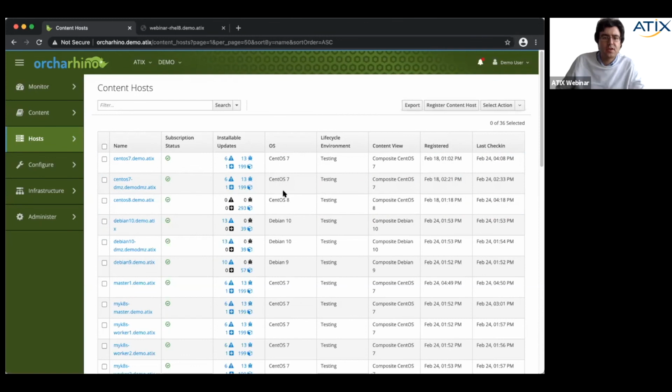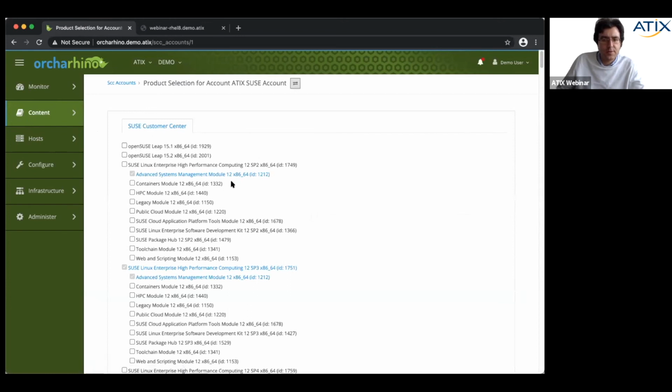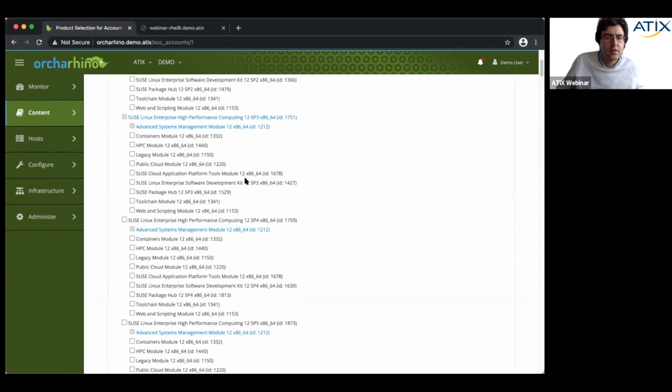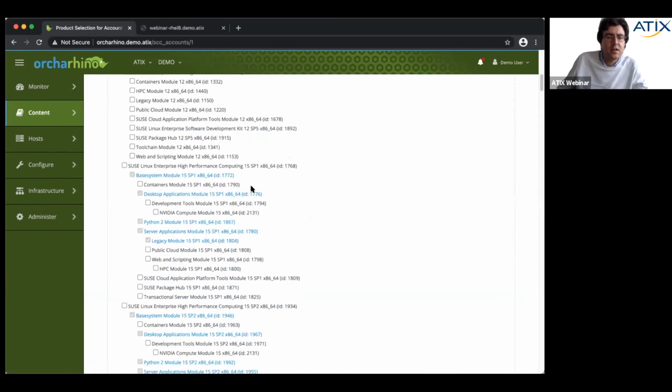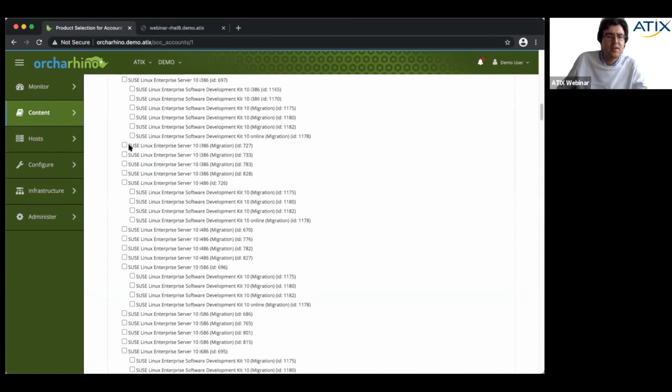Is it able to manage repositories for old versions? My colleague already answered that, but I can show you. I can show you the subscriptions that are available for us, like products. It depends on your subscription. If you have a subscription for that, it should work. I can't tell now. Apparently, our subscription has changed. So you see it, right? You even have here the possibility to subscribe to SLES 10.